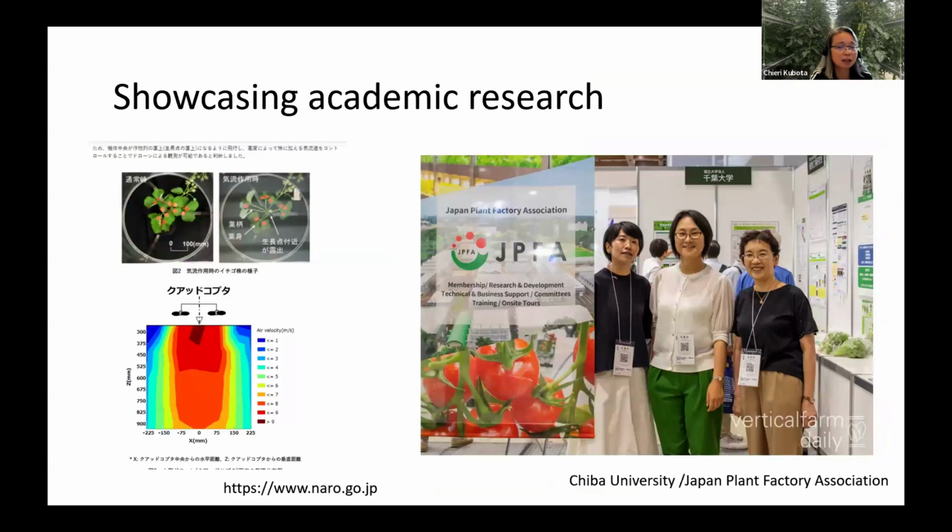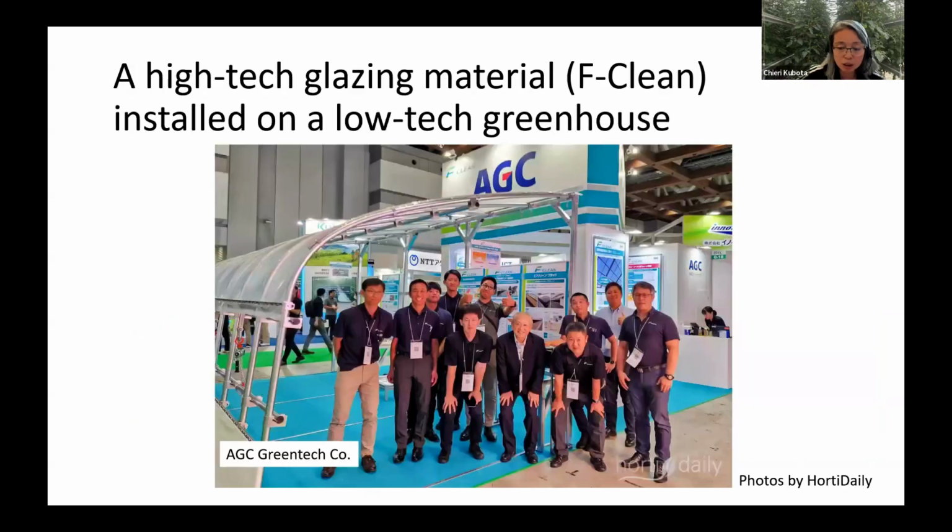A showcase from academic research groups, associations were there too. Left-hand side is the drone application for growth analysis or diagnosis of strawberry plants. Right-hand side is Plant Factory Association. This is a picture from actually Hoti Daily or Vertical Farm Daily specifically, showing their presence during the show. And then another Hoti Daily picture. This is